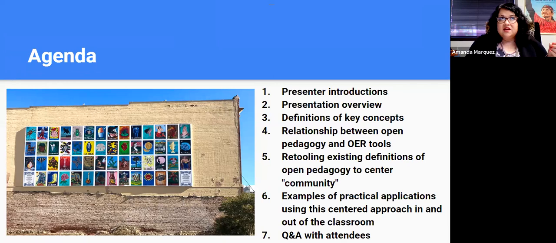Hopefully there'll be time for discussion at the end where we can talk about how it might be possible for us to retool existing definitions of open pedagogy, and again, to center community, which is really the goal of our presentation. Then we'll provide some practical applications using this approach in and out of the classroom.